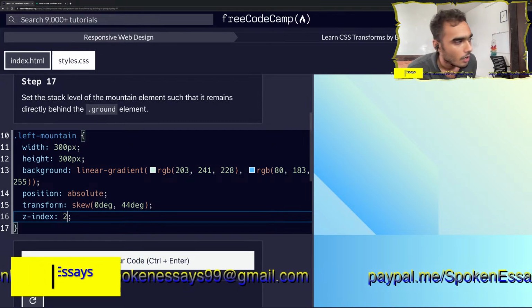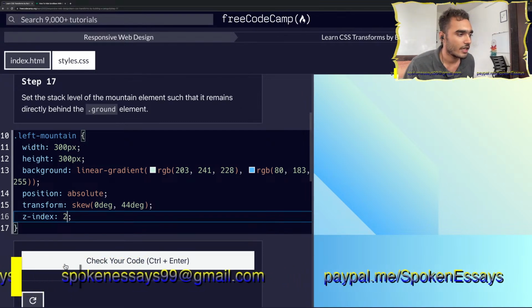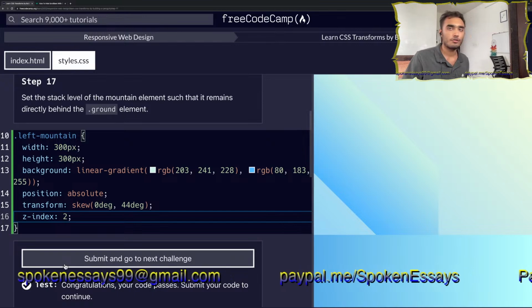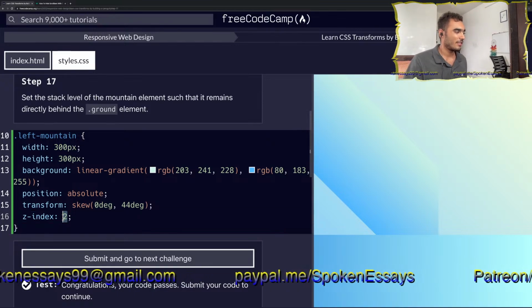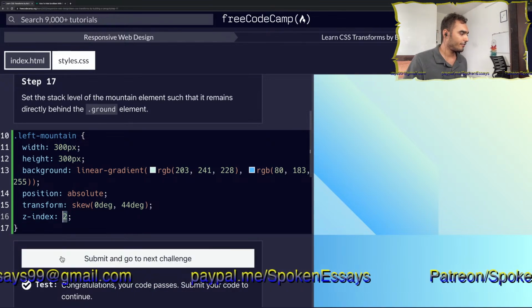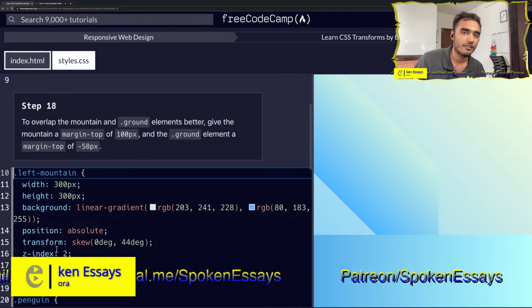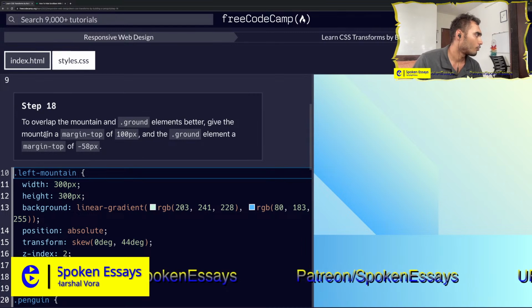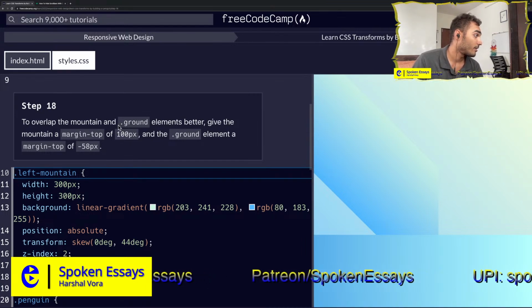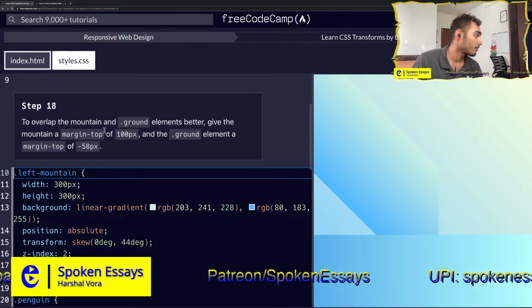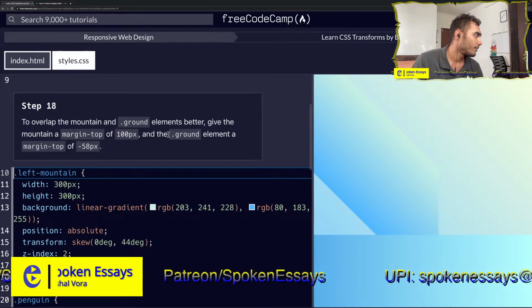Mounting. I think that's it. We have set the layers and we are good to go. Any value that is less than 3 would have worked, I believe, which would ensure that it remains in the background. To overlap the mountain and ground elements, give the mountain a margin top of this, ground element a margin top